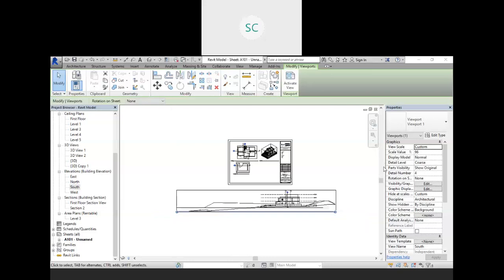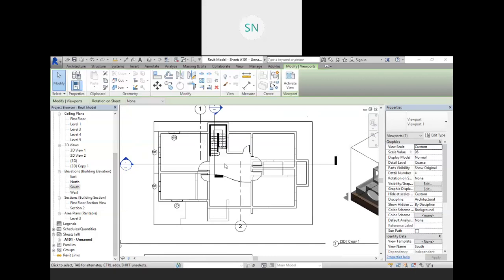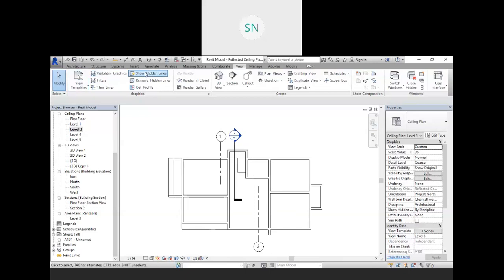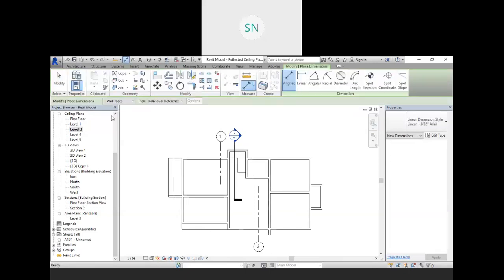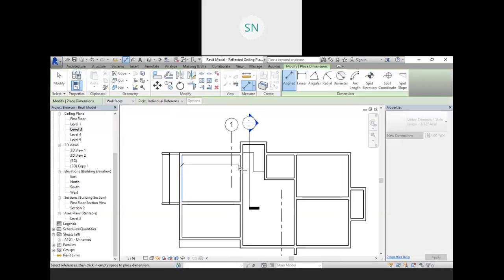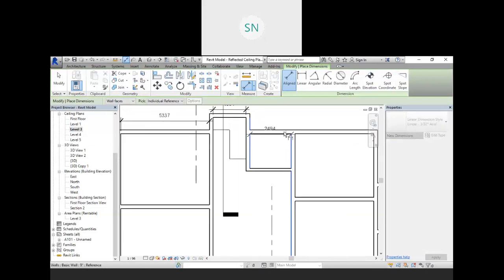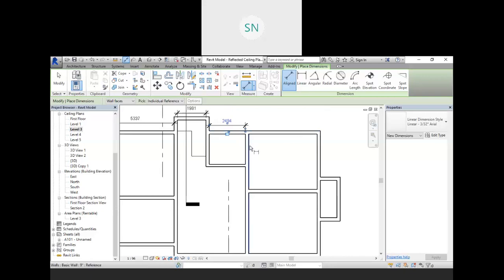So I think it is clear now how to create your drawings with proper scale, right? So whatever things you will do, for example, now we have this level 3 and I'm going to level 3 and going to place some dimensions over here, a dimension from this face to this face, then from this one to this one. So whatever things you are going to provide will automatically reflect on your drawing,